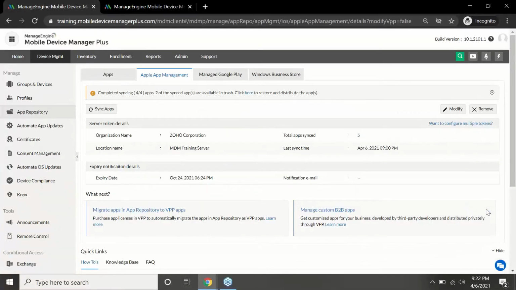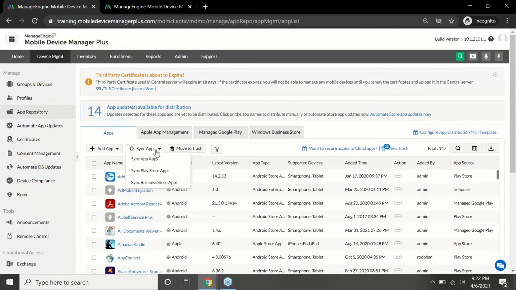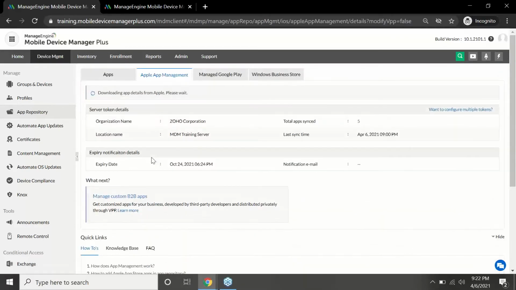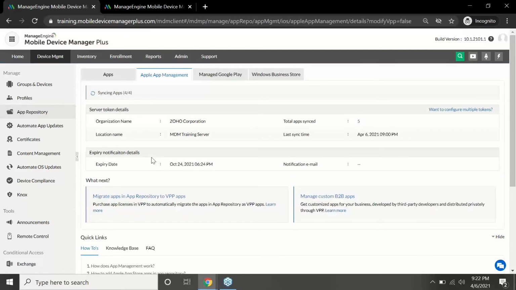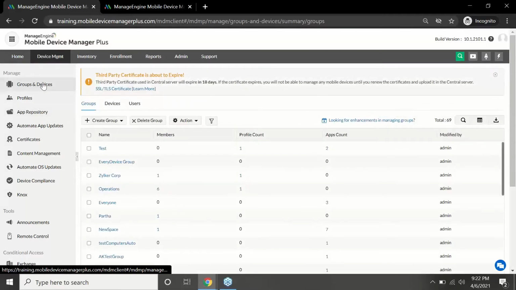Now, once a day, the MDM server will initiate a sync along with ABM to add all of your apps. However, if you want to immediately add all of your applications to the repository, click on Sync Apps and select Sync VPP Apps. So this will add all of your applications that you add through MDM through the app repository. So now that we have added our apps, you can go ahead and distribute it silently to your groups and